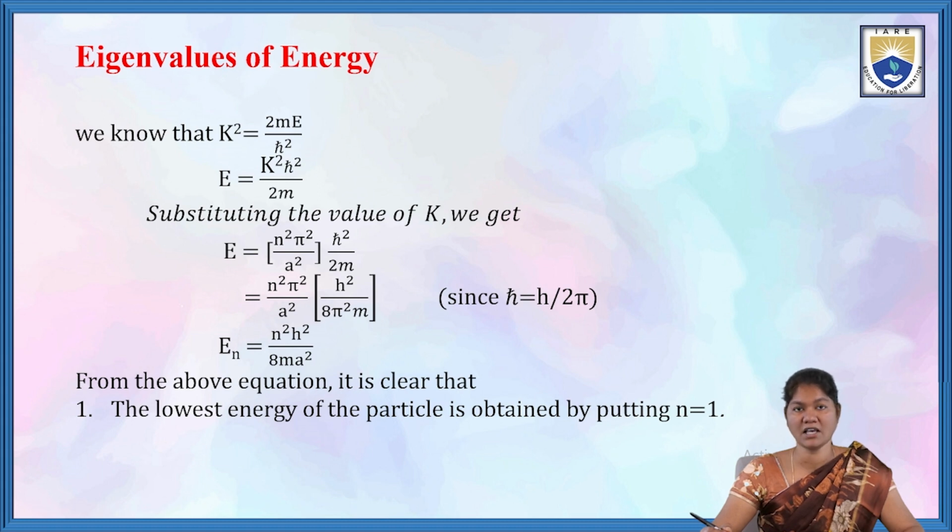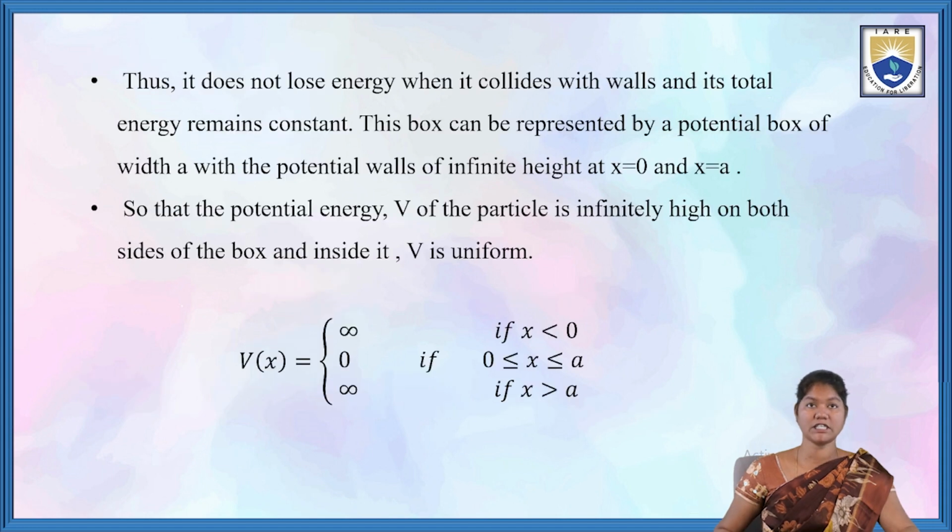So already we have seen the wave function of a particle which has uniform potential energy inside the potential box, and outside it has infinite potential energy. We obtained the wave function by taking Schrodinger's wave equation for the one-dimensional case. This is the previous session topic: particle in a one-dimensional potential box.